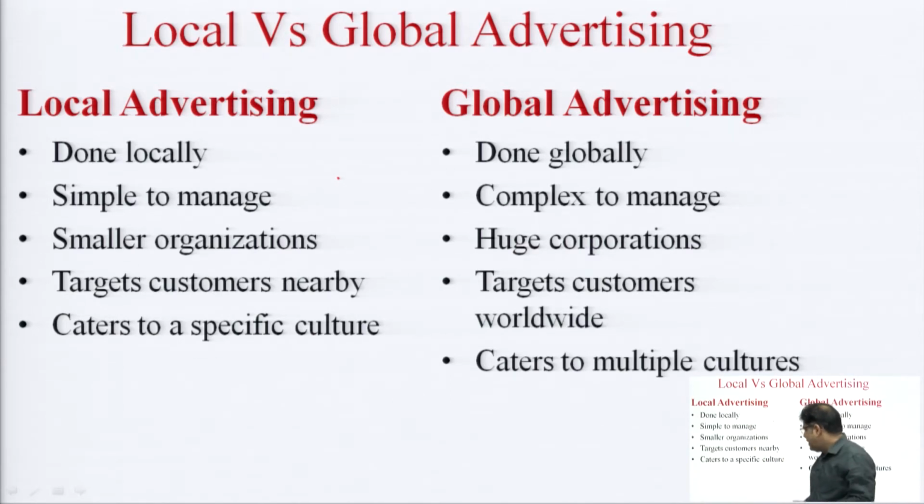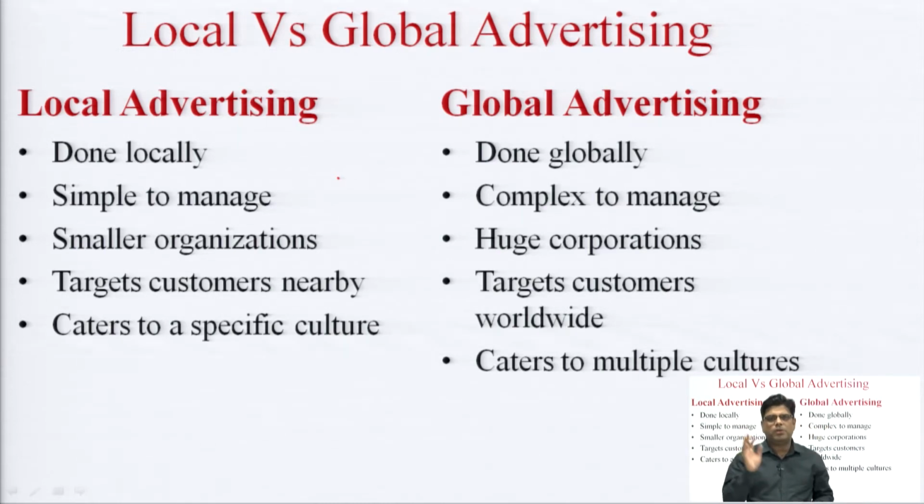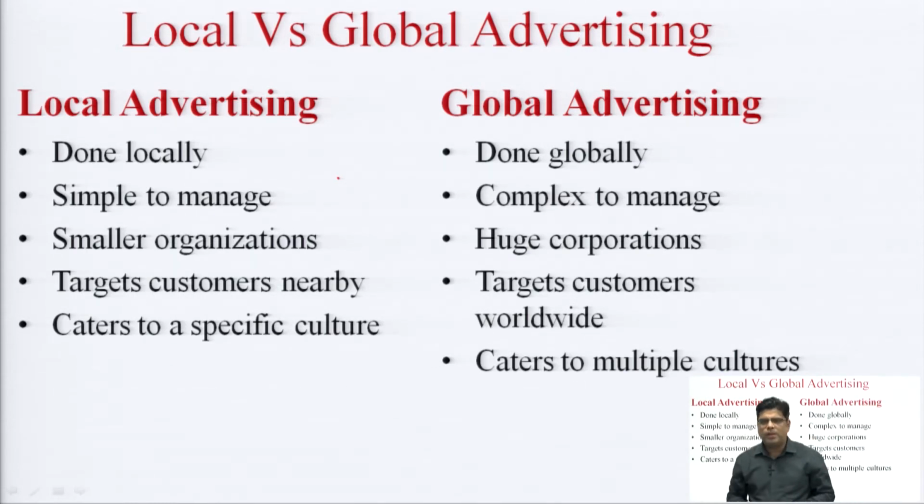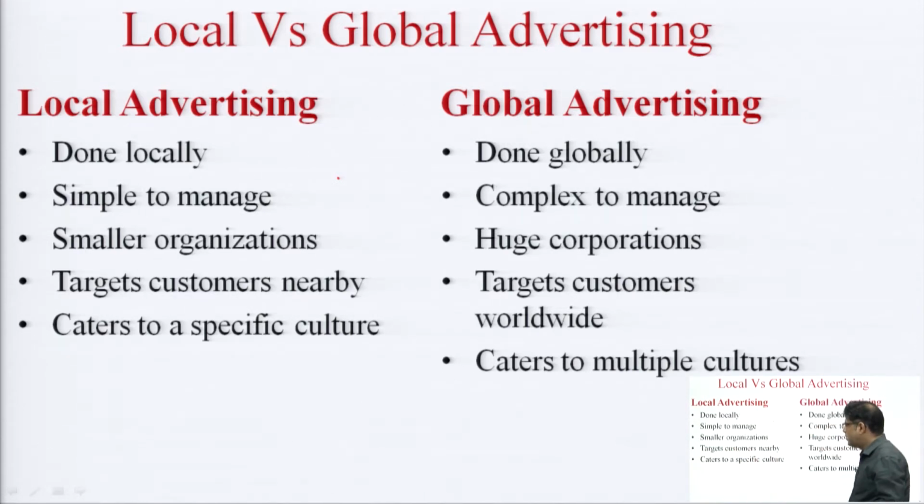Coming to local advertising, it targets the customers nearby. When we see an advertisement posted at the back of an auto rickshaw, that advertisement is meant for all the people of that area. So, it is targeting the customers nearby the business, while in case of global advertising, it is targeting customers worldwide. These days a lot of advertising is happening on the internet, and on the internet also we can see this difference between local and global advertising. I will come to that. Just let me finish one more point, and then I will discuss internet marketing locally as well as globally.